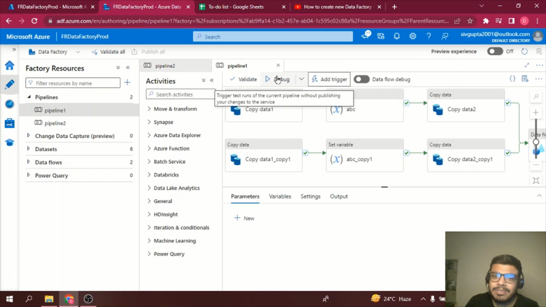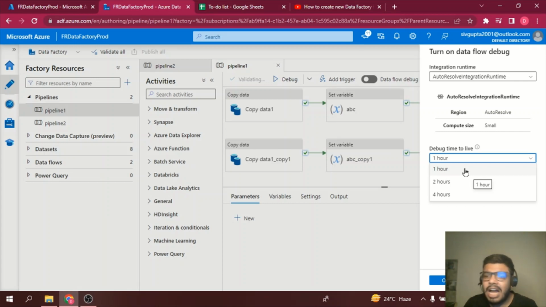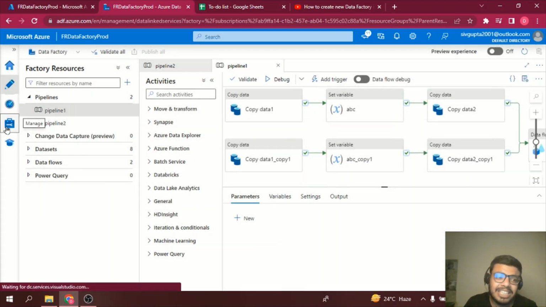What happens is, once you click on the debug option, firstly your cluster gets turned on. You need to tell the debug time to live, like for how much time this cluster should be on. If it is idle, after 1 hour it will get stopped. After 2 hours it will get stopped if you select 2 hours, and so on. So it's up to you for how much time you want the processing. If you want 1 hour, you can definitely select 1 hour. Just see the compute size, it is small as of now, but definitely we can change the compute size